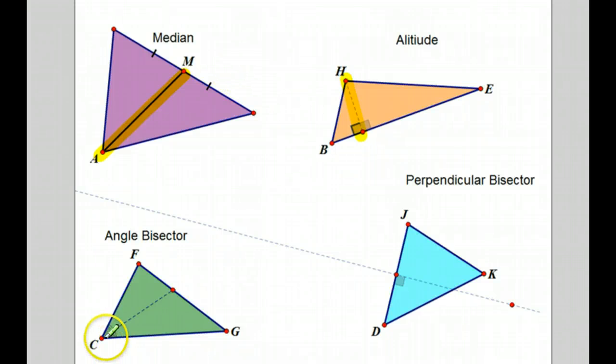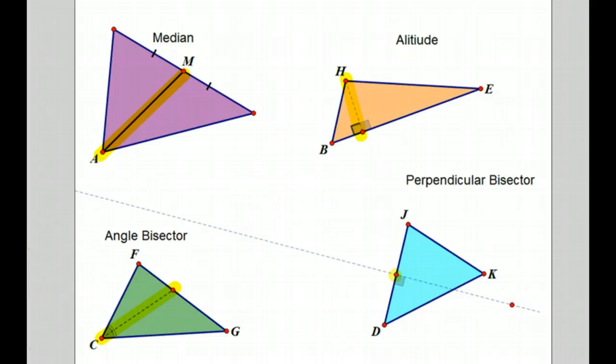Then of course we know what an angle bisector is. It goes from the vertex and it intersects the opposite side, but in such a way that it cuts the angle into two congruent pieces. And of course we know what a perpendicular bisector is. In this case it does not start from a vertex of the triangle, but it intersects the midpoint of a side of the triangle at a right angle. So we're going to look at the points of concurrency for each of these, and each of these points of concurrency for all the medians, all the altitudes, all the angle bisectors, and all the perpendicular bisectors